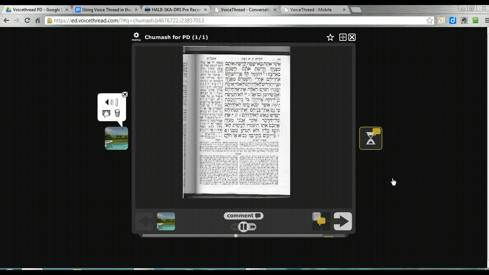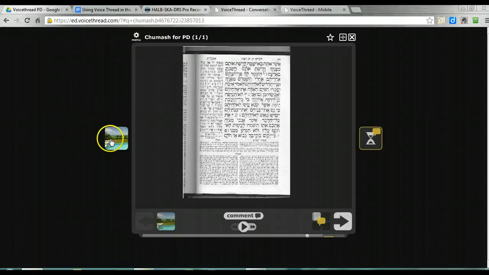So you can, as the teacher, read the pasuk for your students, and again, you could require your students to read and translate, or just read, or just translate, whatever the case may be. This is a wonderful tool for all of our classes that have a very big text component, where it's very difficult to get to everyone to listen to them read and translate. So essentially, the teacher can bring in a piece of text or a picture, and